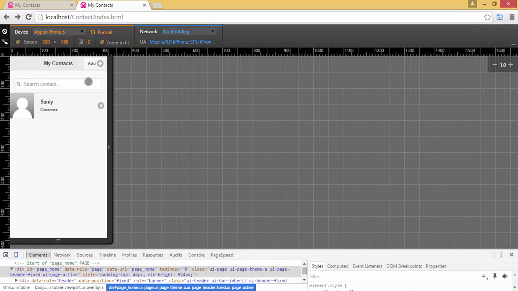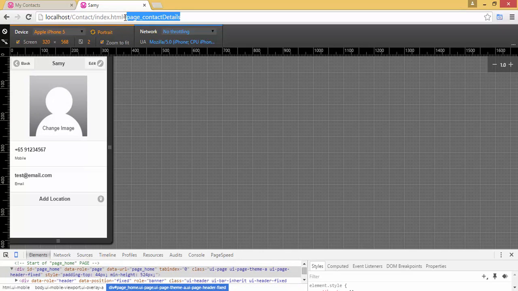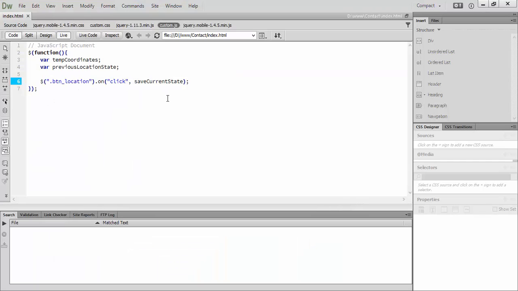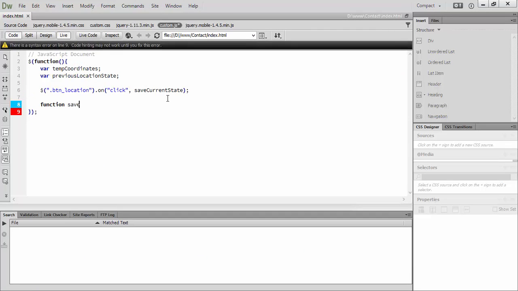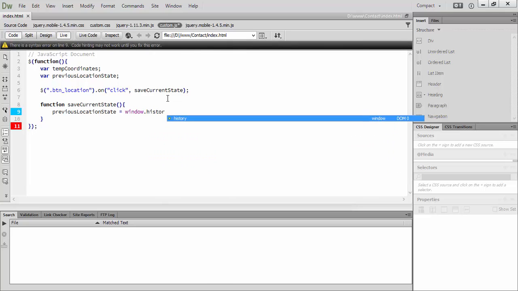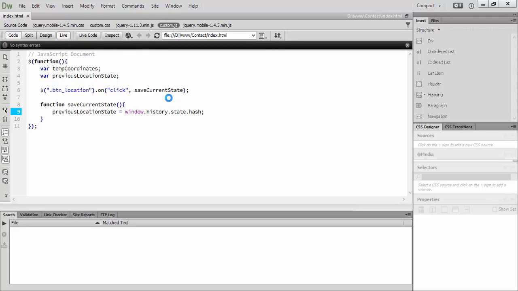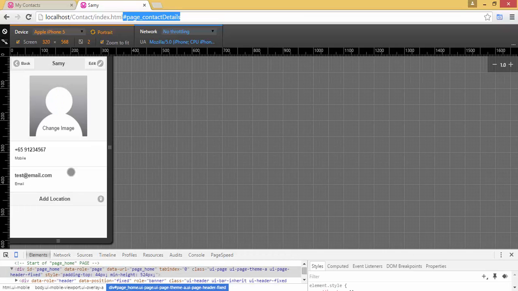So I can basically retrieve the hash using the window history state hash. For example, I'm going to create a new function called save current state, and I'm going to store previous location state as window.history.state.hash. Okay. So now I'm able to keep track of my previous location state whenever I click on my